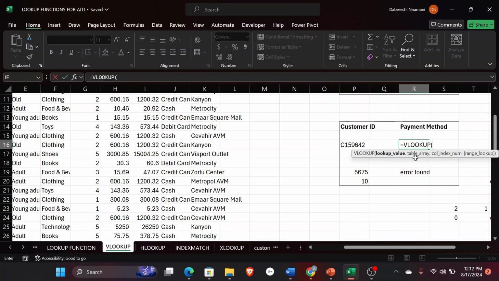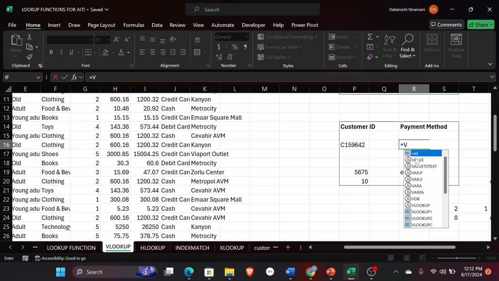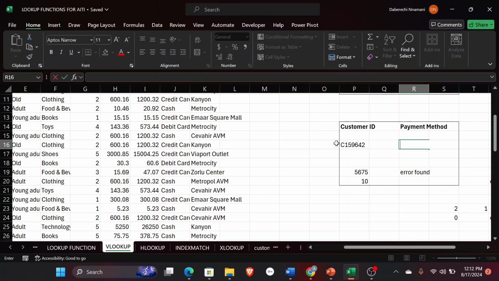Before you call something a table, it must be in rows and columns, right? So it means that it contains more than one column. That's why it is called a table array. So let's create a table array. I said your table array must